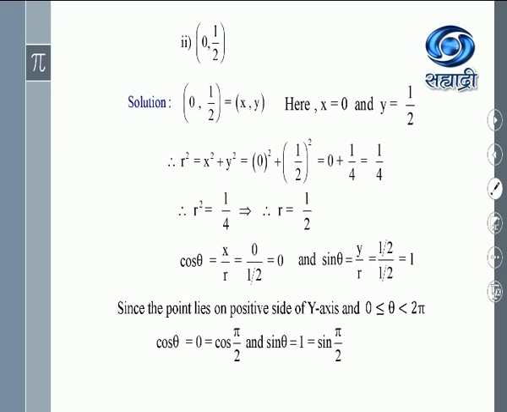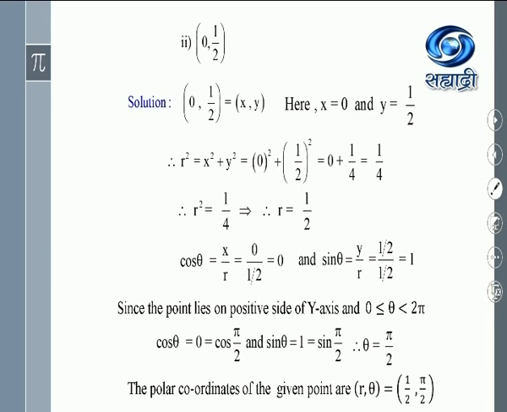Similarly, let us check for the second condition or the second equation. Sin theta is equal to 1 and sin 90 you know is 1. Therefore, what is the angle? Theta is pi by 2. If you want another method, you may find the ratio sin theta upon cos theta. Find out tan theta. Tan theta is 1 upon 0 and 1 upon 0 is not defined. If tan theta is not defined, it means the angle is 90 degrees. So anyway you are reaching the same answer.